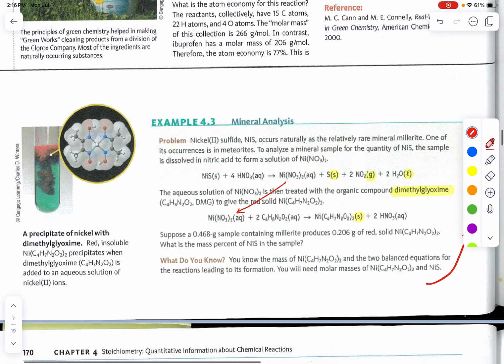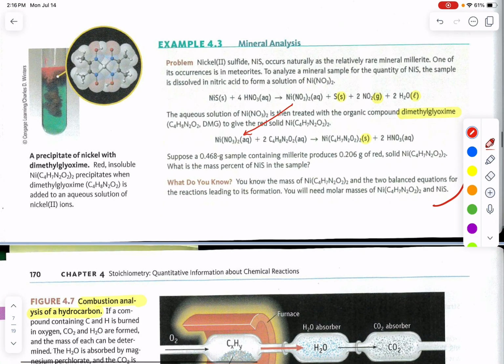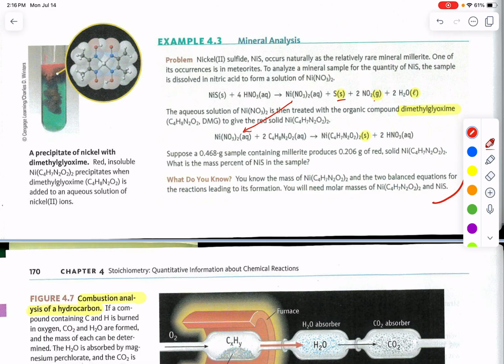All right, there's another Devo for you. Well, let's do a mineral analysis. Here we have nickel sulfide, and we're reacting it with nitric acid and nickel nitrate, obviously being a nitrate, very soluble. And you'll notice that we have all three reasons for a reaction to go to the right. Now, why would we even do this? So let's suppose that